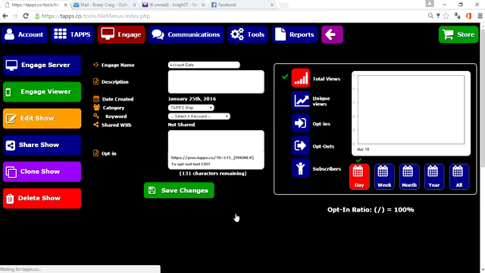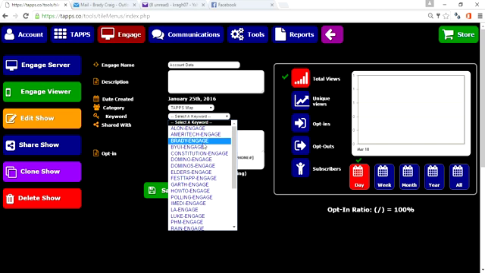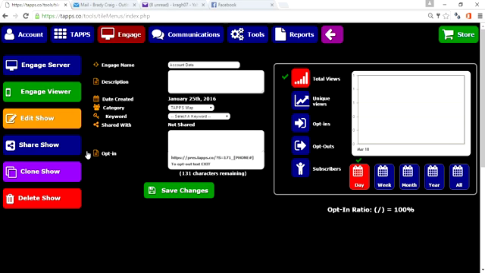This page will appear very similar to the same page you see on the TAPS page. You do have the option of creating keywords specifically for an engaged system. They will always append the -engage in there, note that. So don't freak out if it's adding that and you don't know why. To edit it, go ahead and click here, but also note there are 2 additional buttons here that are not on the TAPS. This is your engaged server and your engaged viewer, which we'll cover towards the end of this